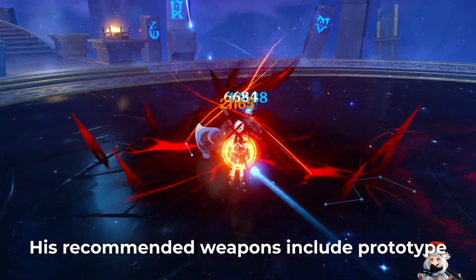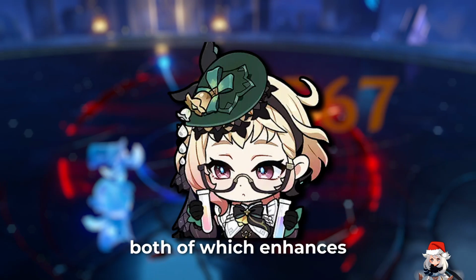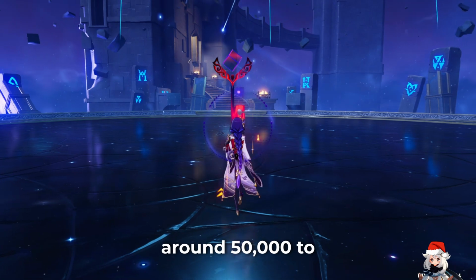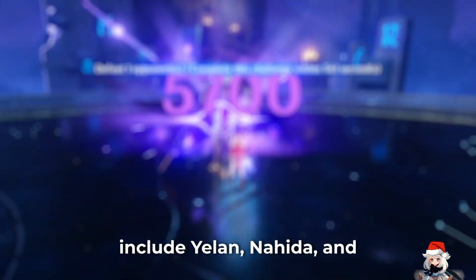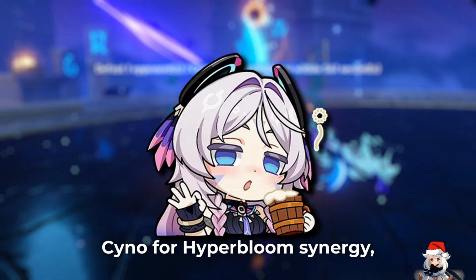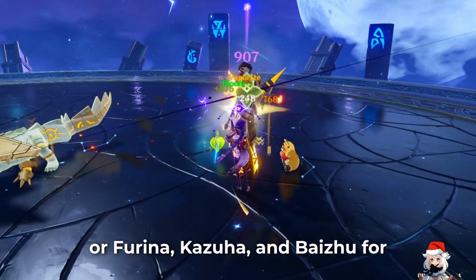His recommended weapons include Prototype Amber and Thrilling Tales of Dragon Slayers, both of which enhance his healing and team utility. Ideally, you want to push Baizhu's HP to around 50,000 to maximize his passive effects. Team compositions with Baizhu often include Yelan, Nahida, and Xingqiu for Hyperbloom synergy, or Furina, Kazuha, and Baizhu for sustaining